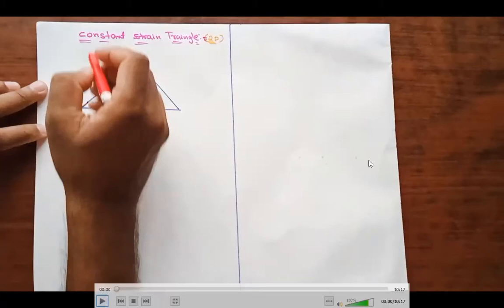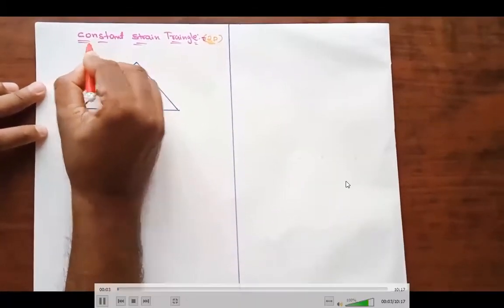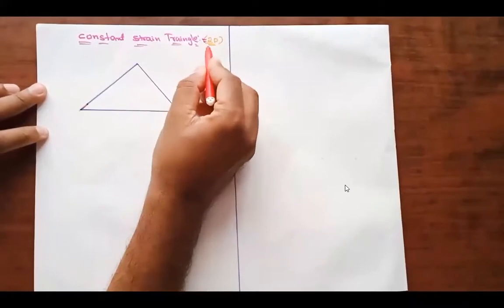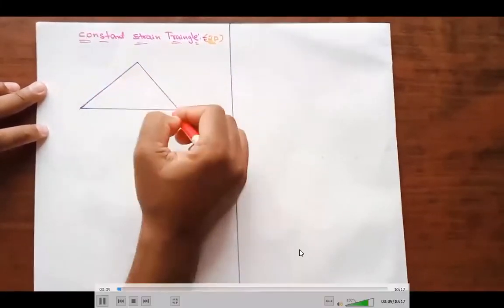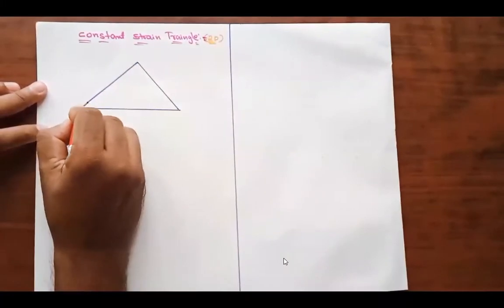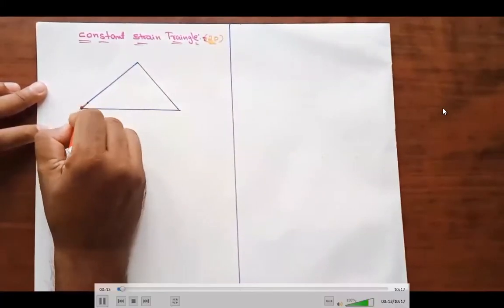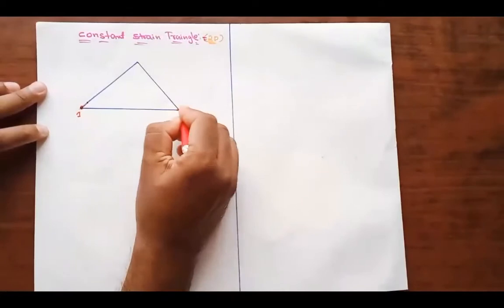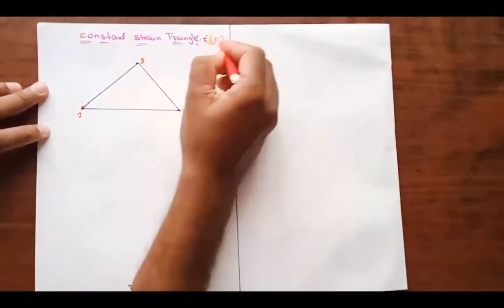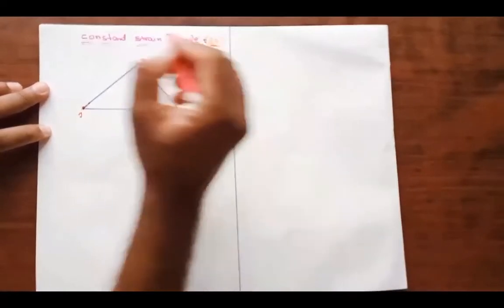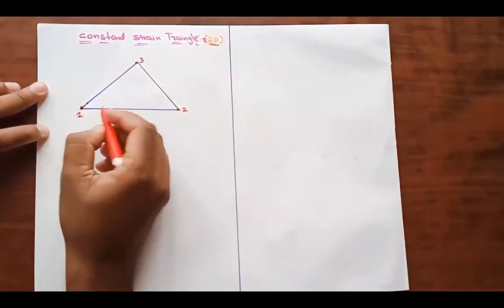Today we are going to see that the constant strain triangle is a two-dimensional member. Let us draw this simple triangle and assume that this is nodal number 1, here is nodal number 2, and this would be nodal number 3. I said that it is a two-dimensional member, so therefore it has both x and y directions.